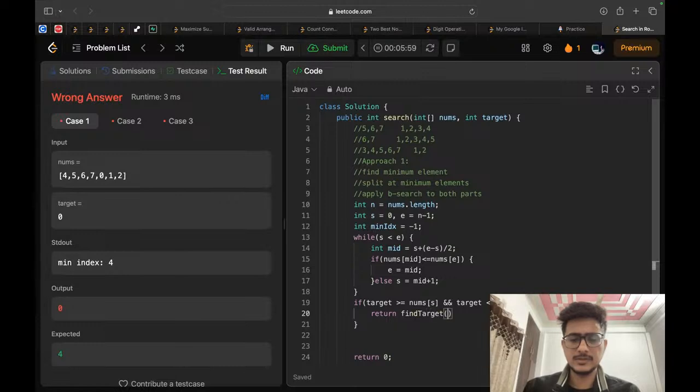a function which takes the nums array, the starting index and the ending index, and the target as the input. It will return the answer. Otherwise,